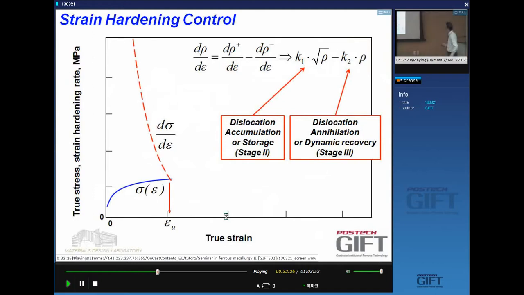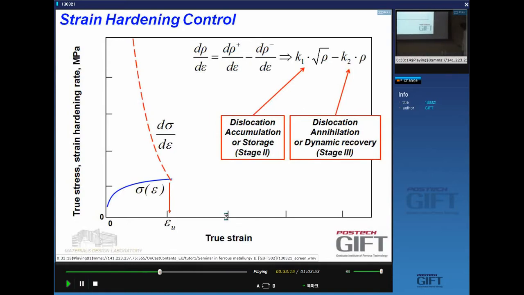Right, so let's go back to our calculations. What can we do? Well, let's look at my relation of dislocation density as a function of strain. It turns out that this first term here is related to dislocation accumulation. That's my stage 2 factor. And this second term is the annihilation or the trapping of my dislocations. Dynamic recovery. That's stage 3. And you can see this one is negative, so if this increases, I will have a decrease in